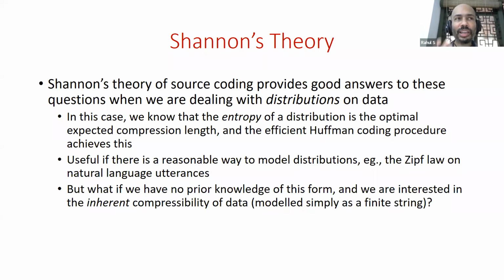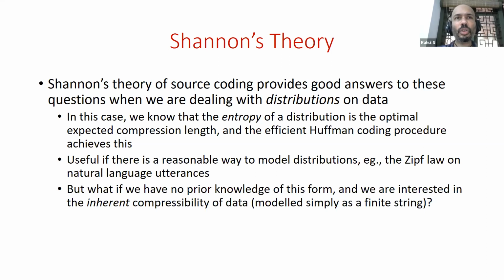So that gives you a sense of what kind of distribution you can expect on words in your text. And if you have some a priori information of that sort, then Shannon's theory is quite useful in talking about and theorizing compression. But I'm going to be interested in a setting where we don't have any prior knowledge of this form. So we want to be as general as possible. We're not assuming a specific context, such as natural language processing, where you know such a distribution in advance.